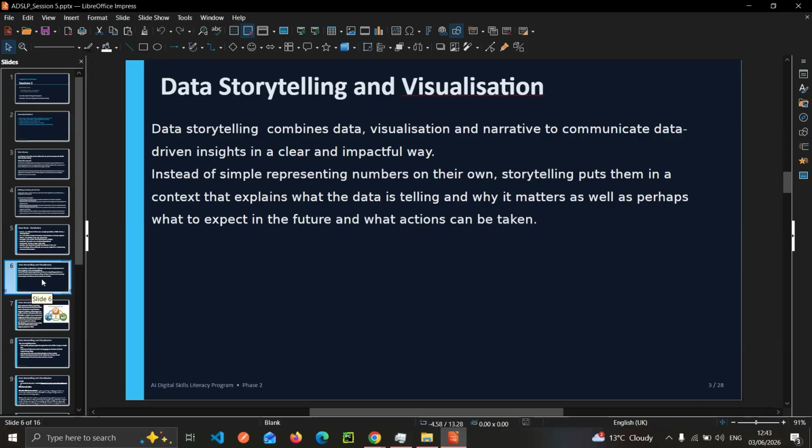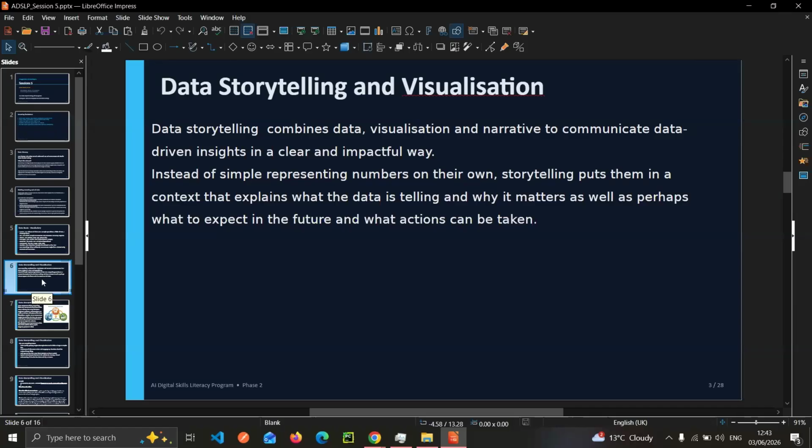And why is this important? Picture yourself trying to explain something to maybe an 80-year-old using vocabulary that is not easily understood. Communication is not really effective because though you're saying things that are correct, the person listening cannot figure out what you mean. In that case, communication is not effective. In the context of data, when we present findings or data-related information, data storytelling and visualization are one of the best ways to do that.